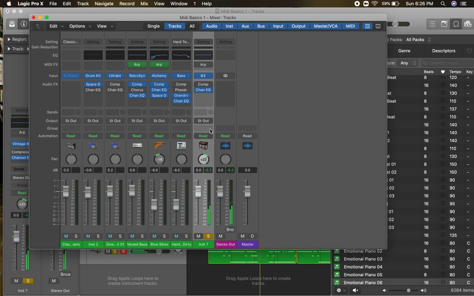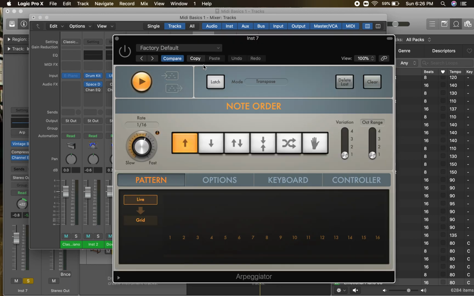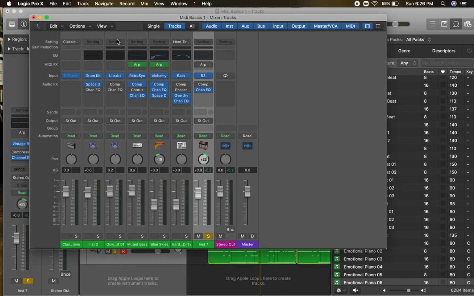Okay, so we'll say we've got something kind of happening there. Now, another thing that might be kind of nice is let's just call up maybe an arpeggiation and see what we can do. Again, I'm just going back to what we had before, trying to link in that cohesion of that rate, 1/16th, having the note order from bottom to top, and then keeping that same variation, simply for cohesion, right? So as we could hear that bass, or the B3,